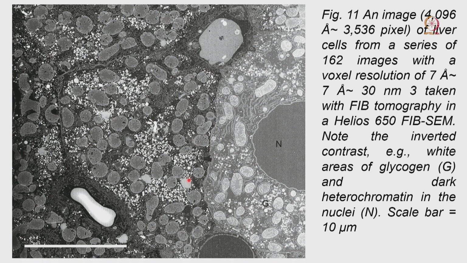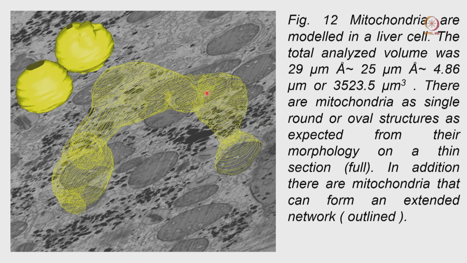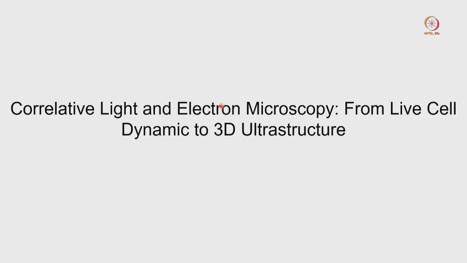Now, you can see all the details of that particular cell. You can see lots of mitochondria there, as well as lots of extracellular vesicles and other organelles here. You can also use that SEM to calculate the 3D view inside the cell and get the 3-dimensional structure. In the same way, I will just quickly go through correlative light and electron microscopy.